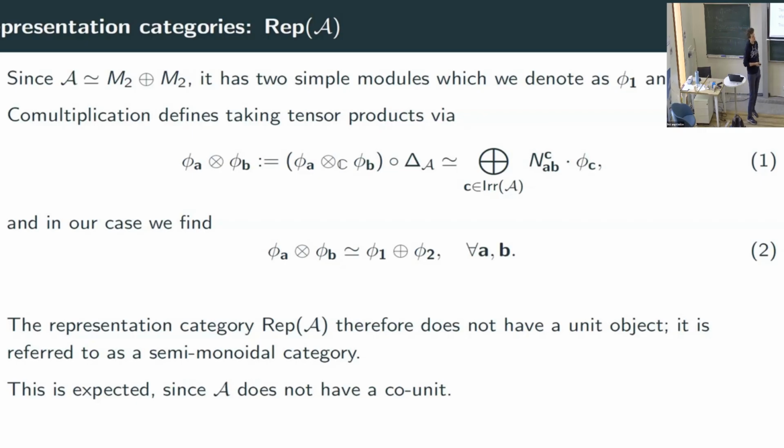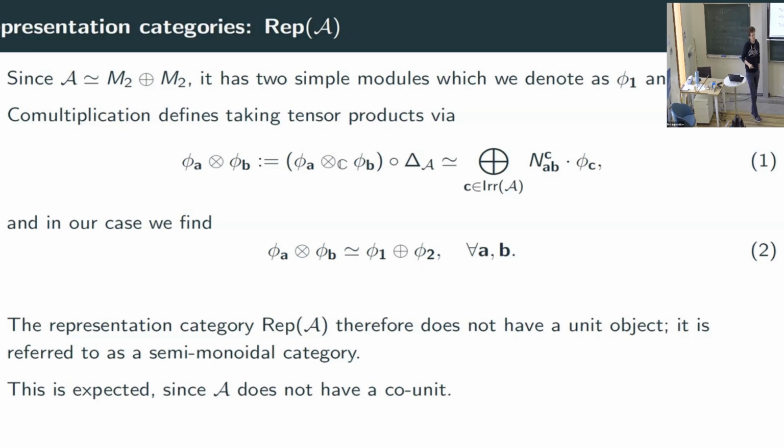Yes, but I don't know how to do that in a way that also preserves the co-multiplication in the way that I want. I think I would have to change my co-multiplication somehow if I wanted to do that. So I agree with you that you can just add it on there, basically a direct sum with the ground field, which is complex numbers in this case, and you would get an additional representation. But to get it to play nicely with the other ones, I think I would have to change the co-product in such a way that it actually changes.